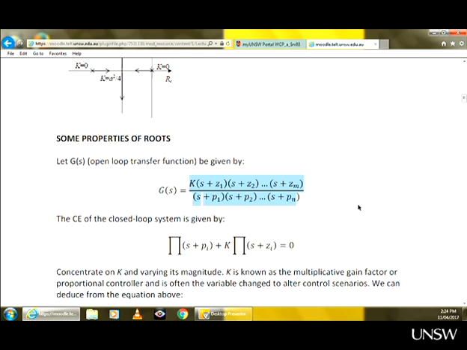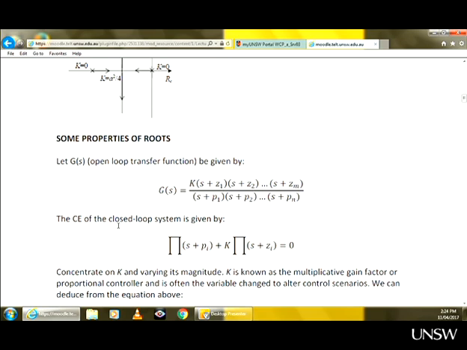If you factorize the numerator, the roots of the numerator are called zeros. Now let's assume there are m zeros. When you factorize the denominator, then you get poles. And let's assume there are n poles in this case. This is the open loop transfer function. The closed loop